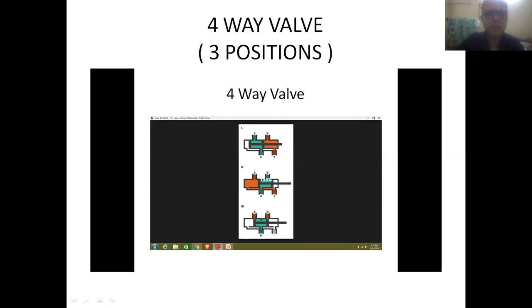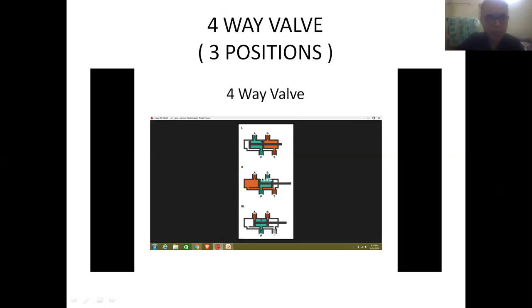So friends, this is the inlet port of the DC valve, here we have the first outlet of the DC valve, this is the second outlet of the DC valve, and finally we have the exhaust.